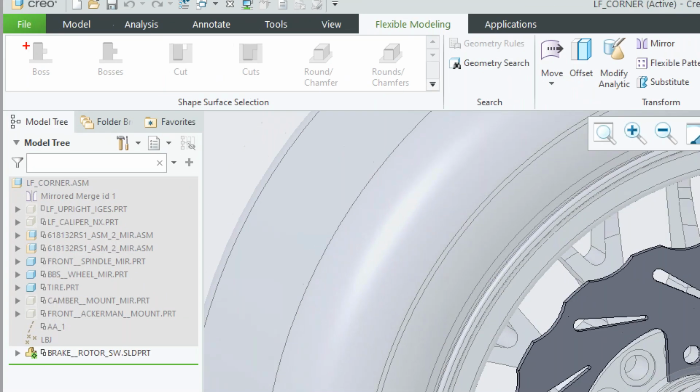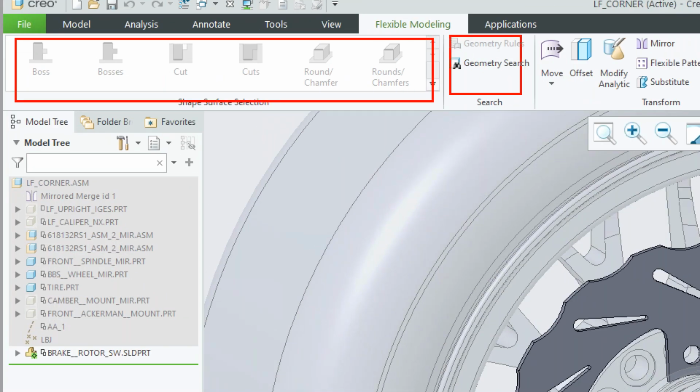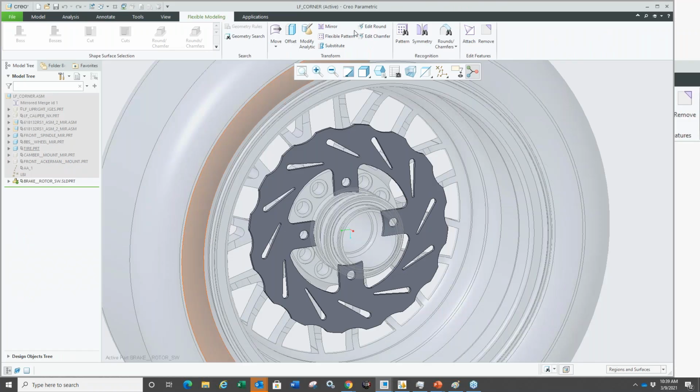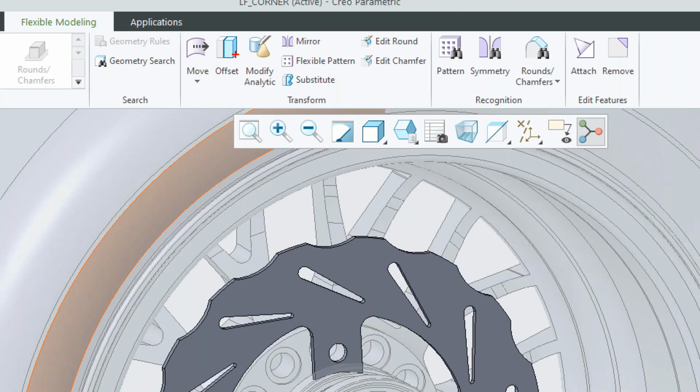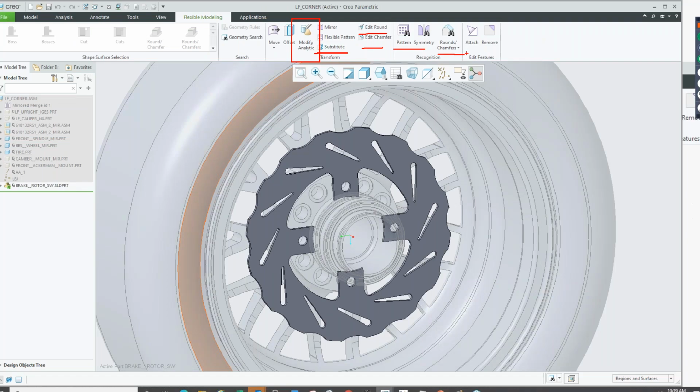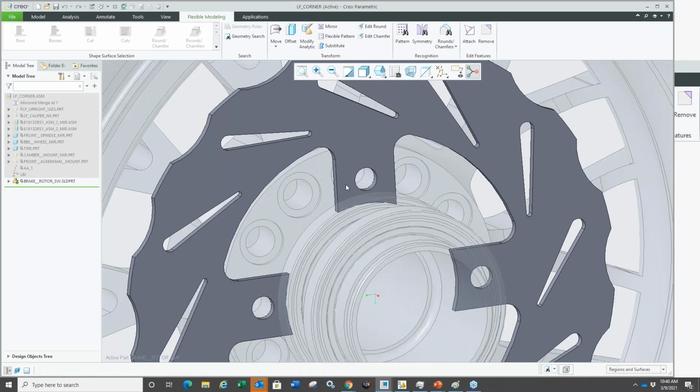So all it does is shape recognition, right? Geometry search, and then you're able to do some modifications. That's pretty powerful in there, right? You're able to do move by dimension, offset, modify analytic, right? You can edit rounds and chamfers, do some quick substitute, kind of like the replace command, and you're able to identify patterns and rounds, right? Remove geometry, etc. there, right? So in this case, I'm thinking,